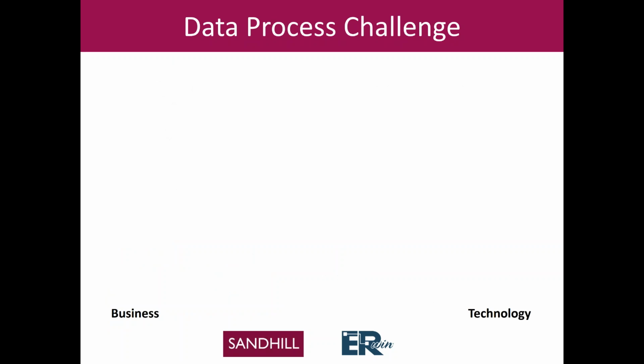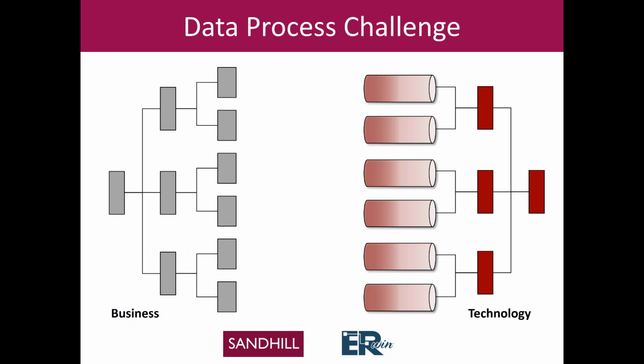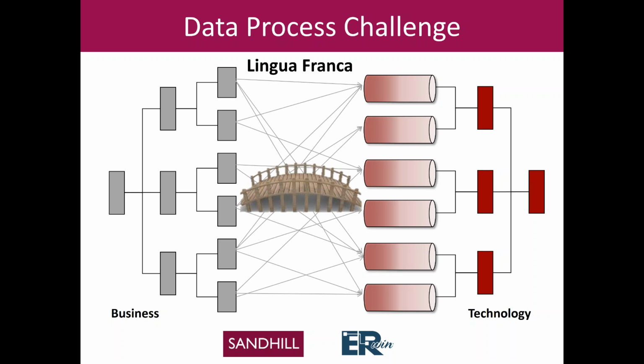So the fundamental issue now between business and technology is we have one set of drivers which is in somewhat of a state of flux as the strategies of the business change, and we have a rather fixed set of objects that have come from technology, which are effectively that process decomposition that created the databases. But unfortunately, the reality of the world today is that organizations need much more sets of cross-information rather than the information in the past that they actually owned. So what we're really looking for is this thing called a lingua franca, which goes back to medieval times where the Italians were looking at many different countries and working with them in terms of trade, but had to come up with a language to bridge the fact that they didn't exactly speak the same language.